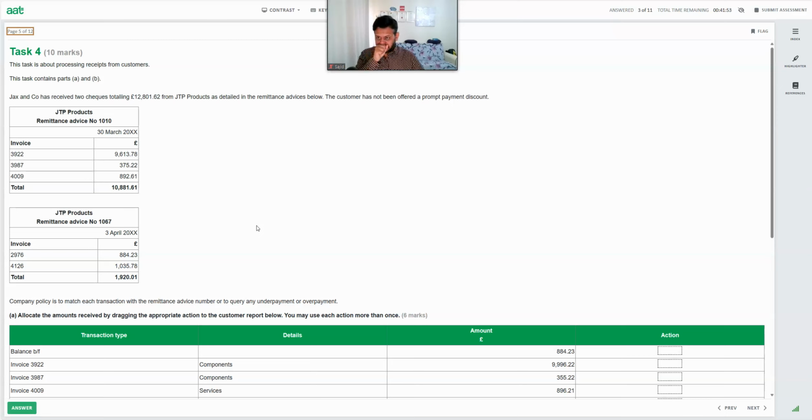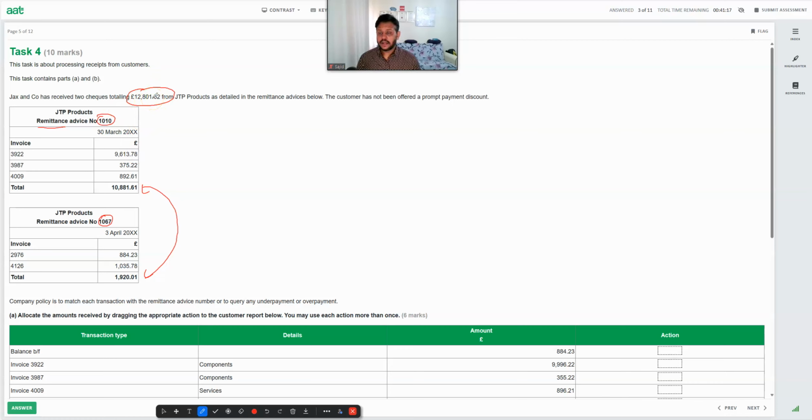Basically, one of the customers paid me some money. How much did they pay? They paid a total of 12,801.62, and the total of these two is basically these two. If we add these two, it will be exactly 12,801.62. And they sent us 2 remittance advice. One is remittance advice number 1010 and one is 1067. And they're giving the breakdown of why they paid us